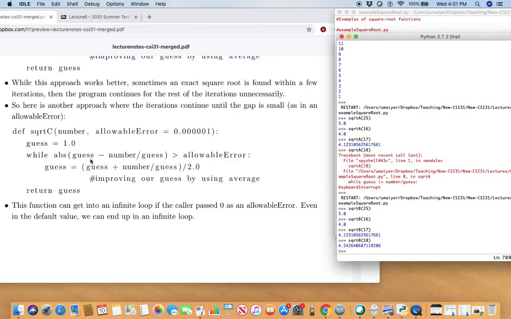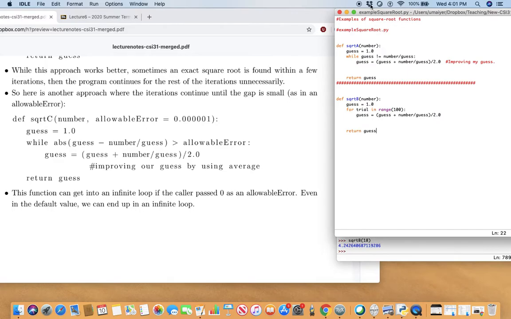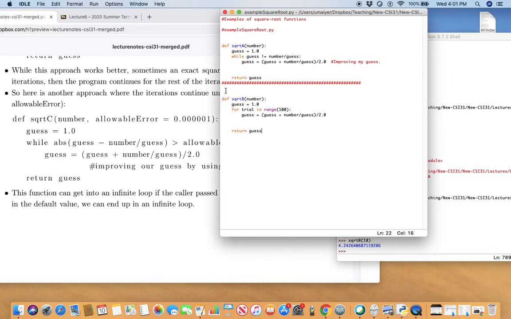Otherwise, don't. But I want the absolute value, because my guess might be smaller than this, might be greater than this. So I want the absolute value of the difference. Let's try what happens. This is an even better improvement. Let me